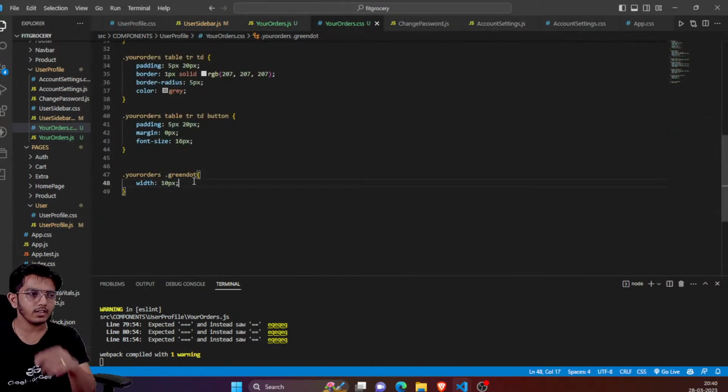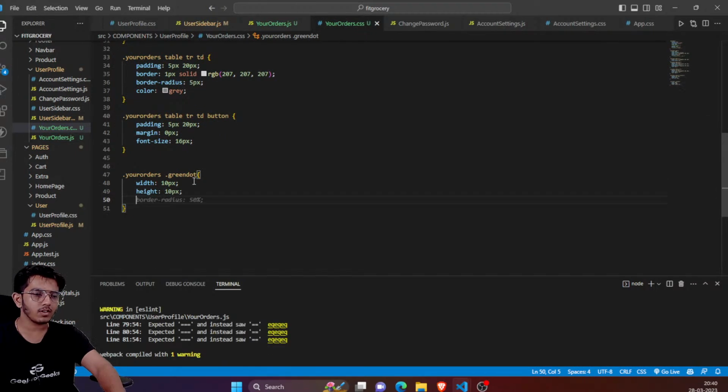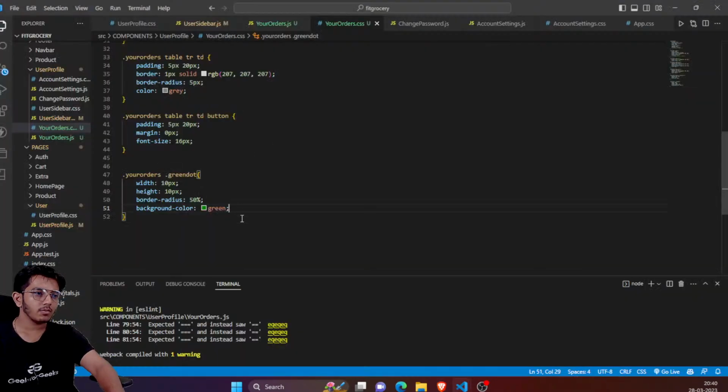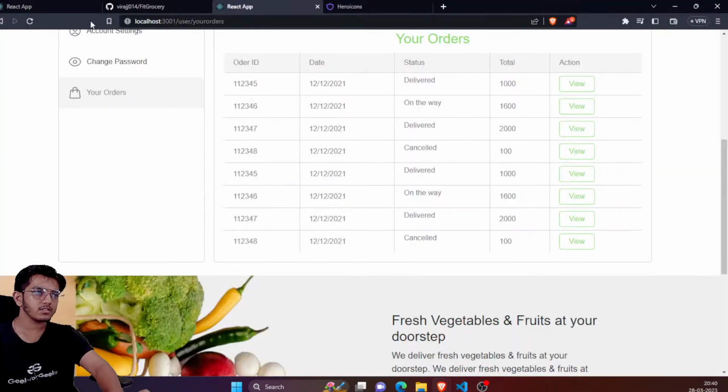So in your orders, green dot, I'll say that the height is again 10, and then I'll say the border radius will be 50%. That means it will be a circle, and then I can say background color will be green. Okay, and let's see. So right now I'm not able to see the green dot. Why is it happening? Because